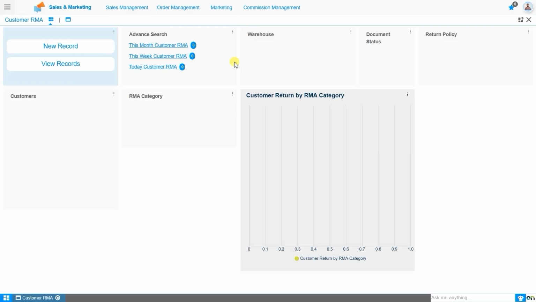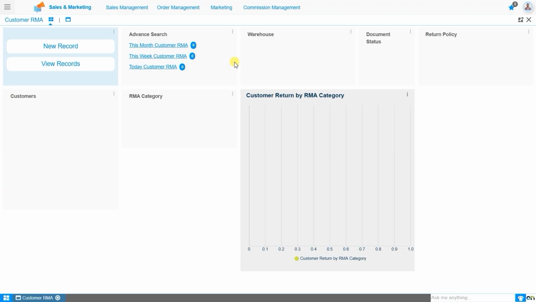Before we proceed further, let's take a moment to understand what a Customer RMA is. A Customer RMA, or Return Merchandise Authorization, is part of the process of returning a product to receive a refund, replacement, or repair, allowing both the customer and the business to decide how the return will be handled. It contains a reference to the original sales order and shipment, and acts as the base for creating the customer